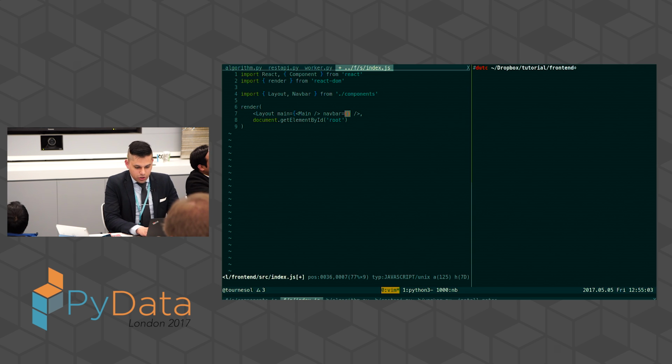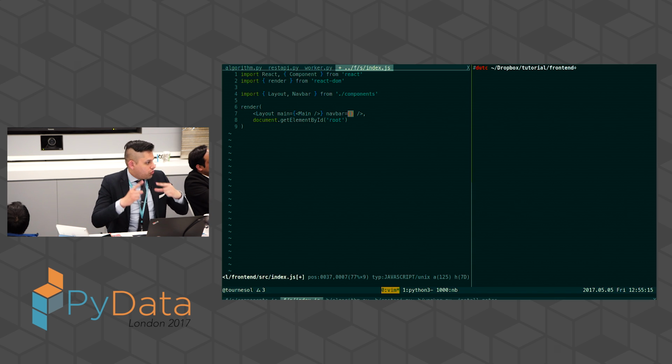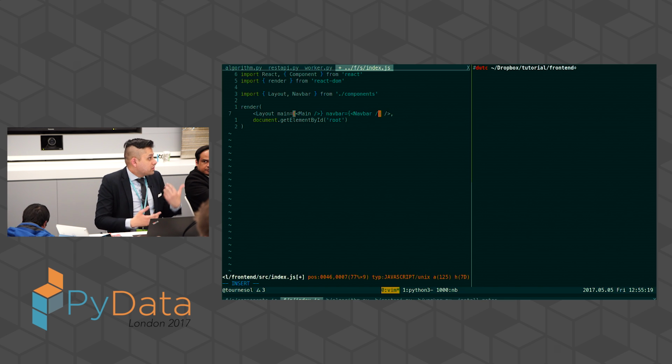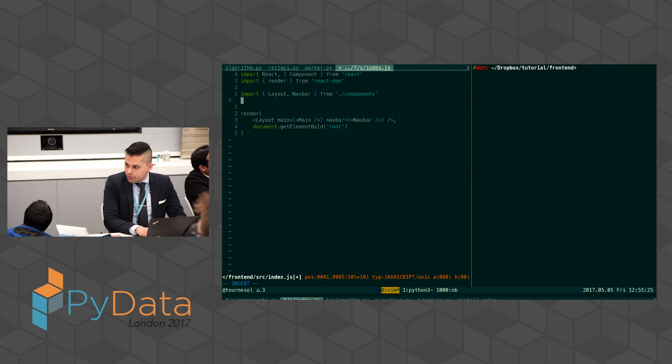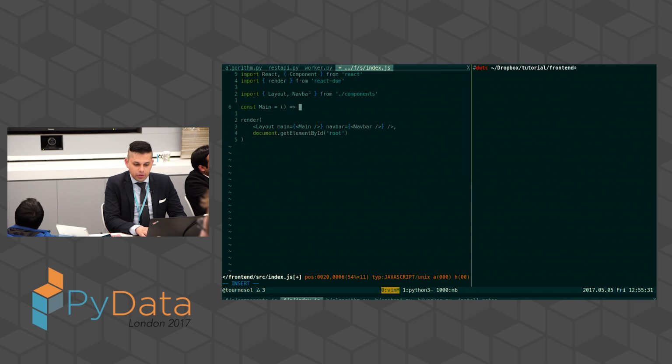What you can see here is what's called JSX. JSX is the ability to transpile in a JavaScript file something that looks like XML. And so what we have is these JSX tags surrounding things which are components. This is a layout component that we can write. This layout component takes things which look like attributes called main, but in the React terminology, they're not attributes, they are properties. And it has another property called navbar, which takes a navbar element that I'm going to create,